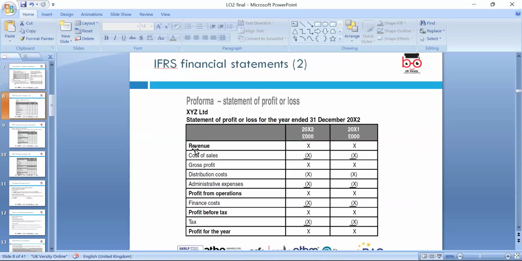So we can look at the revenue, the cost of sales, gross profit. We discussed last lesson the qualitative characteristics of financial information. We should have two-year comparative figures. Distribution costs we can add and allocate, along with costs and expenses, and the major heading administrative expenses that we can charge to distribution.